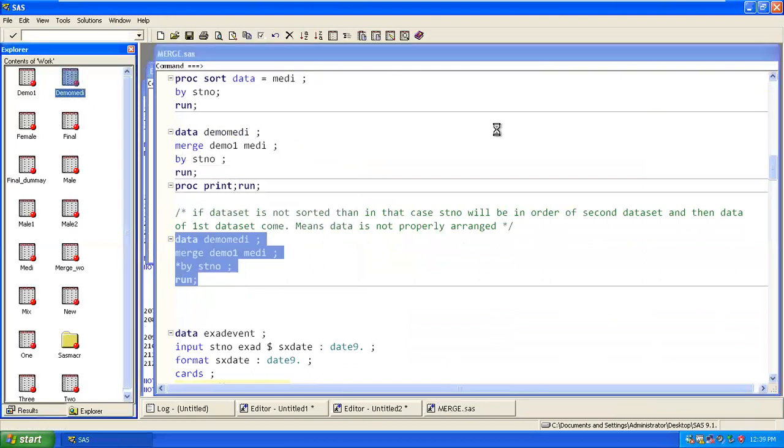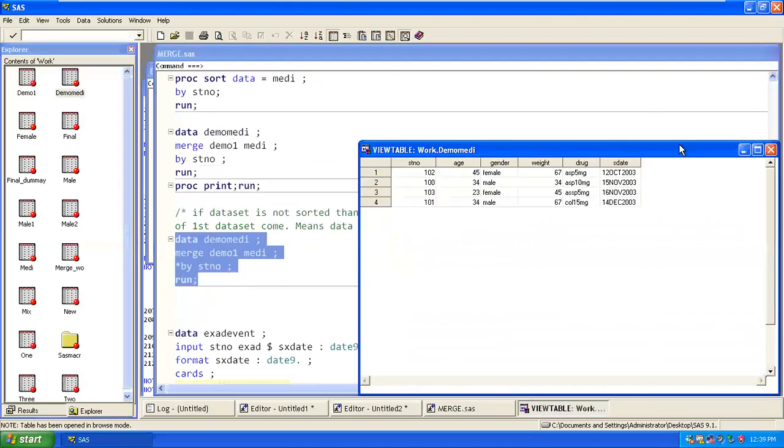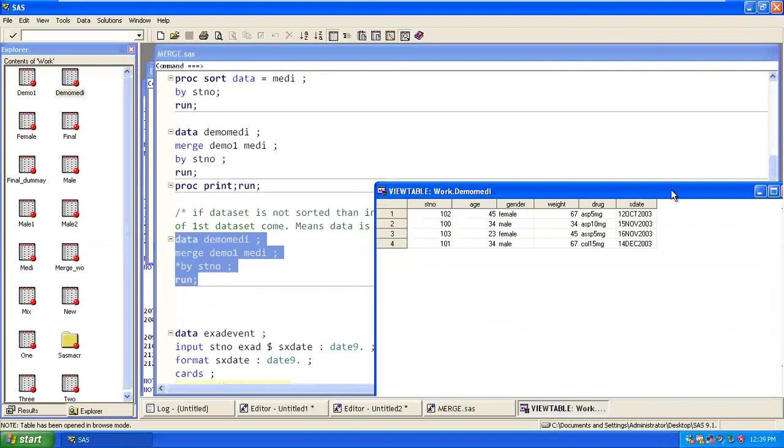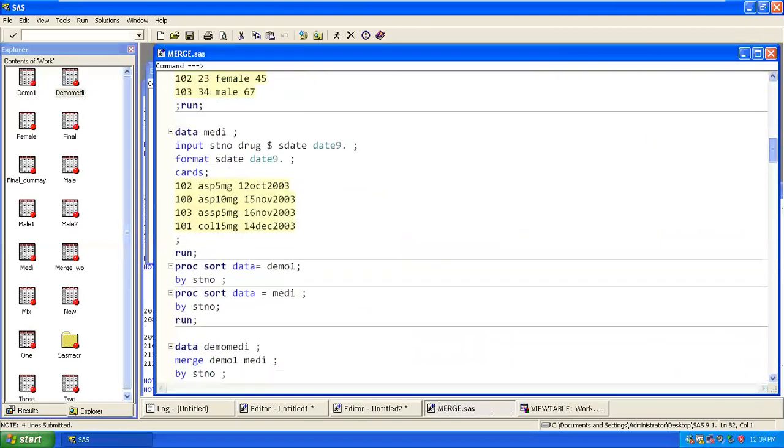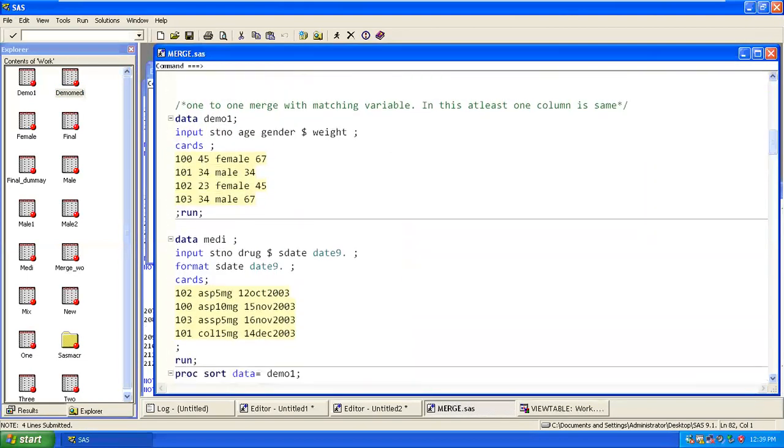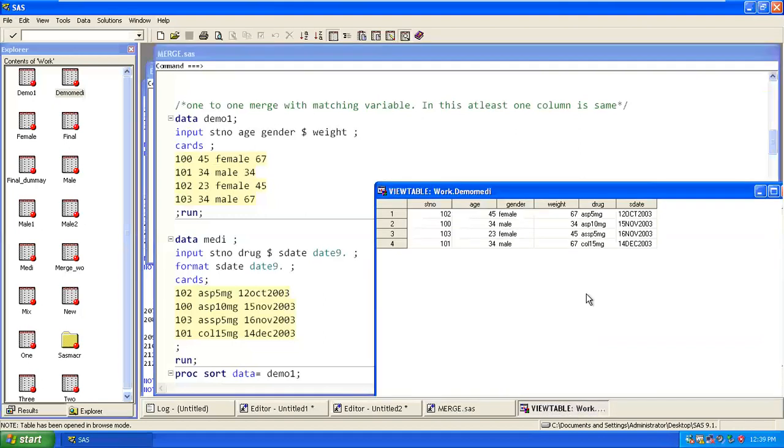If you go look at this data set, we're getting 102 and age is 45.